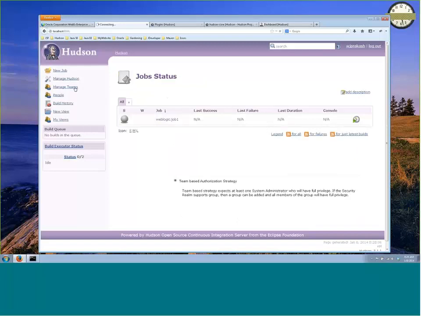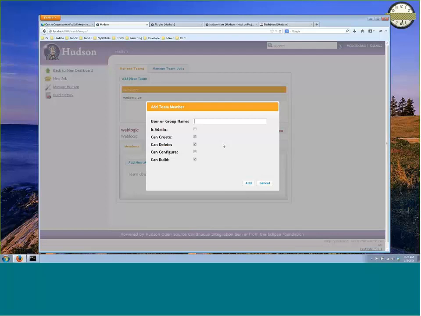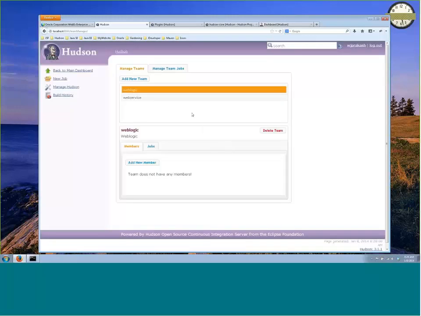But I can quickly show you that you can create a team, add a new member, and specify what that new member can do. All these things are done through this team manager. Then only you can look at the job specific to that particular team if a member is logged into